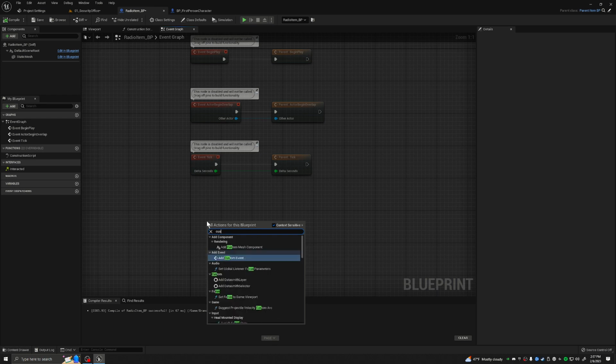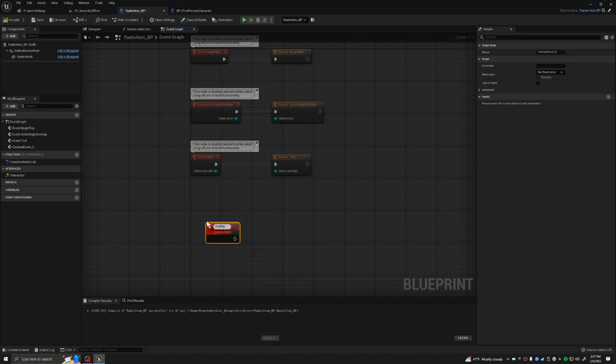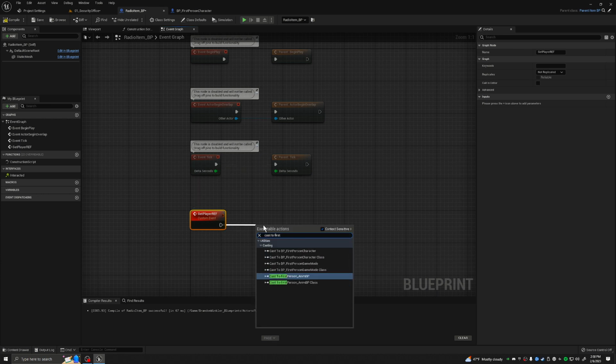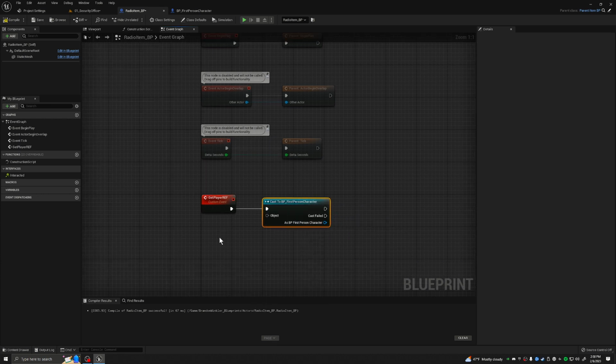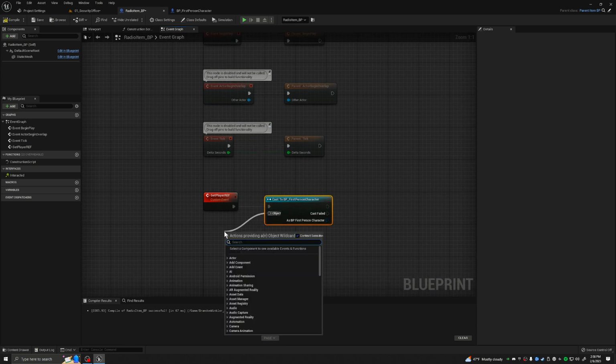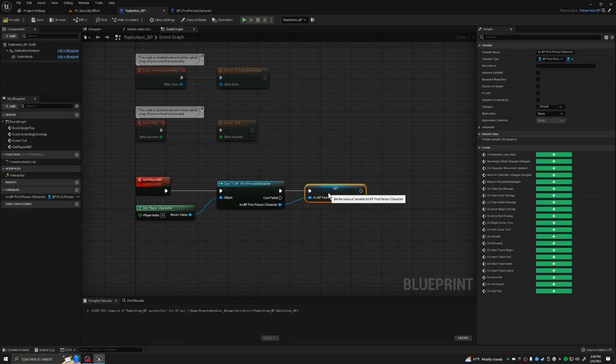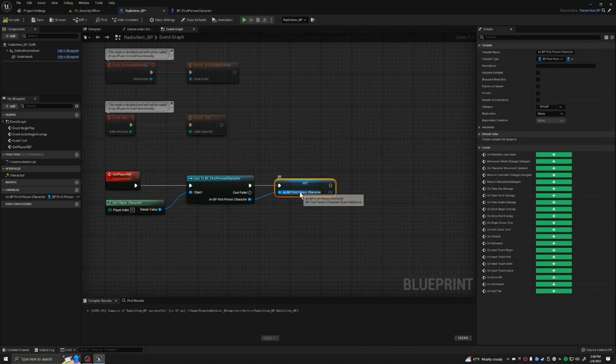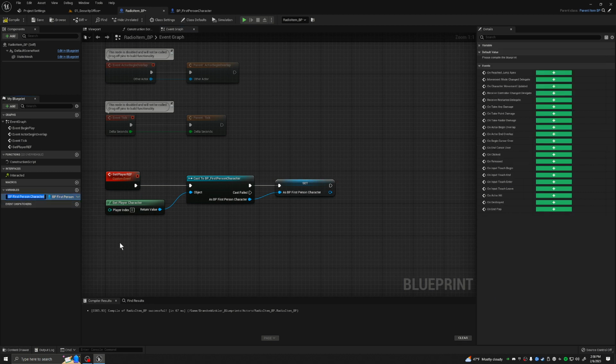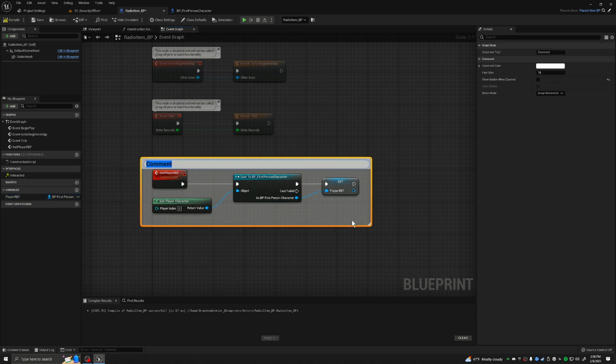So what we're going to have to do is create a custom event, and we're going to call it get player ref. We are then going to cast to the first person character, because that's where our variables are located. The first person character is our player character. Then, because we want to access this potentially later, we're going to pull out from here and promote that to a variable. Now, you can leave it as BP first person character. My favorite naming convention is just doing the player ref, for player reference. And we'll go ahead and comment this out